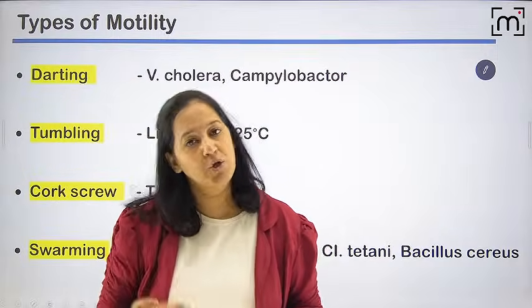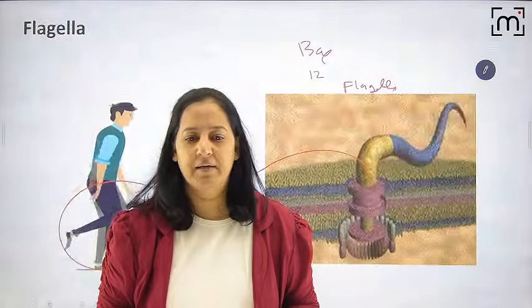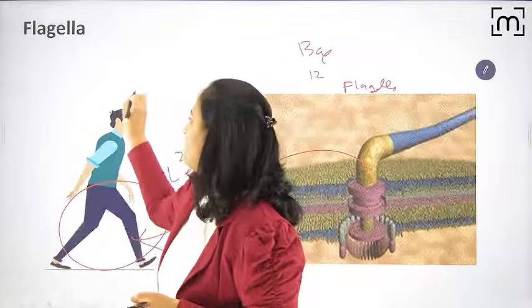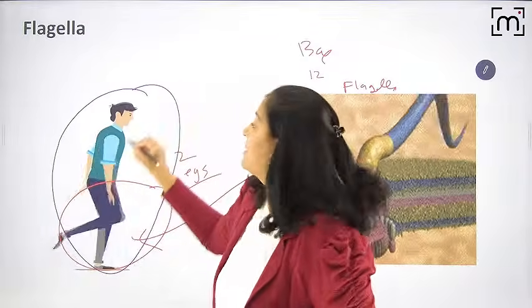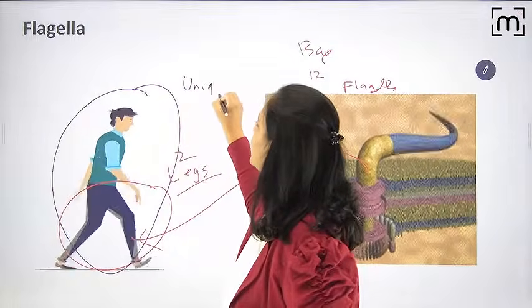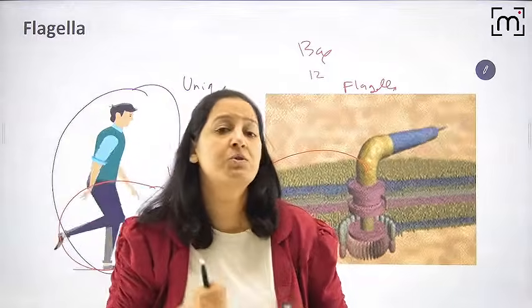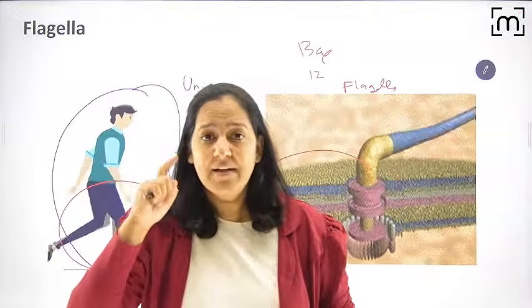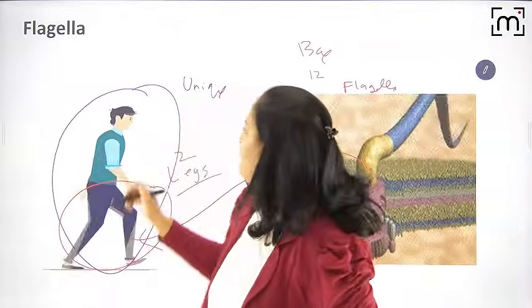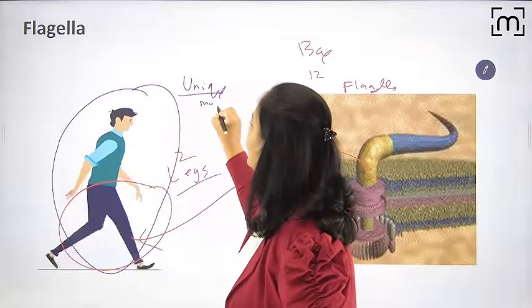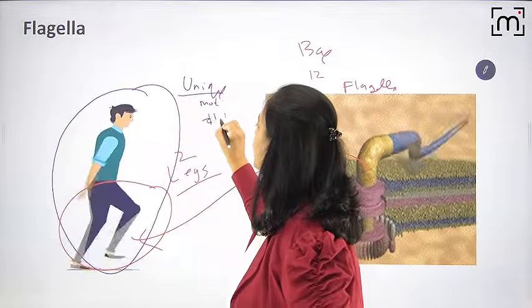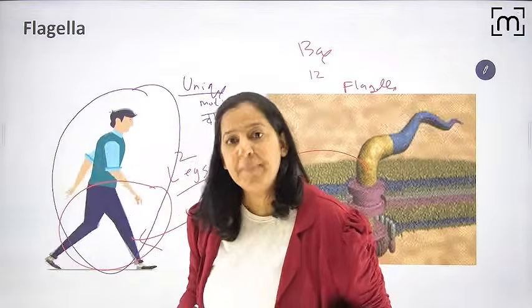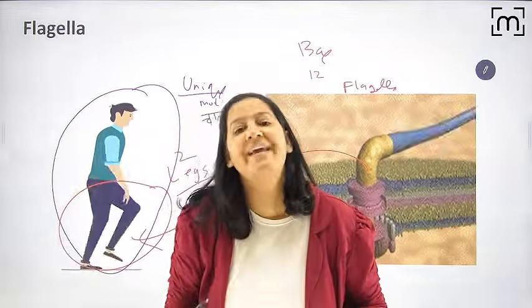Now everyone walks. You also walk, I also walk. Everyone walks like this. But there are some people who have some unique motility. Have you seen that girl who walks so slowly, that boy who takes baby steps, that girl who takes jerky steps? So some people have unique motility. In Hindi we call it chaal. Everyone walks, but some people have a unique chaal.